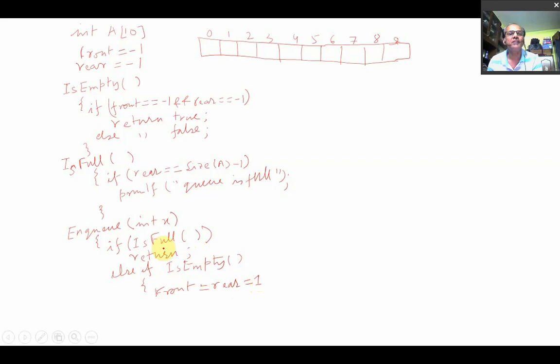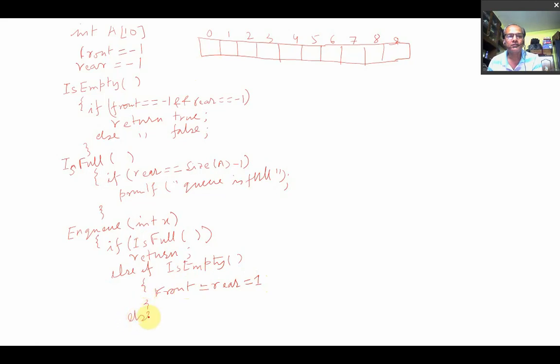But these are virtual addresses; those indices are not there in the array. So you have to increment both front and rear by 1. The front address will be -1 plus 1, that is 0, and the rear address also 0. Okay.